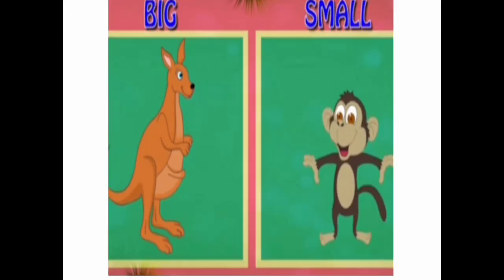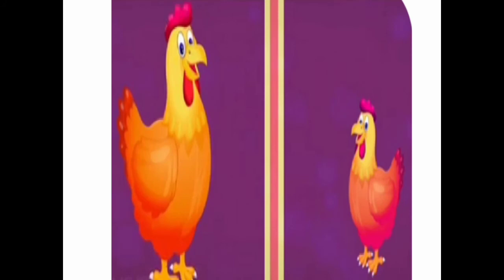Very good. Come to the next. Look at this. Kangaroo and monkey. Which one is big? Kangaroo is big in size and monkey is small in size. Kangaroo is big, monkey is small.